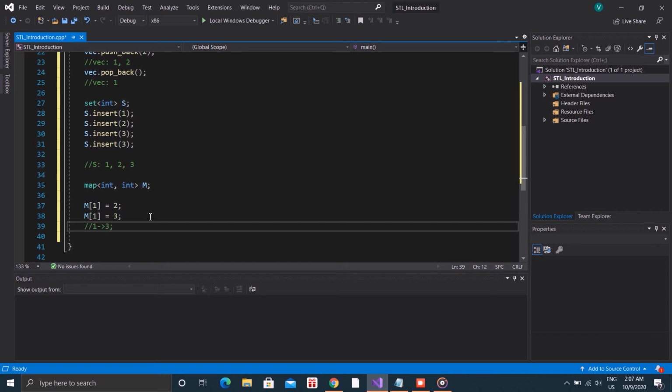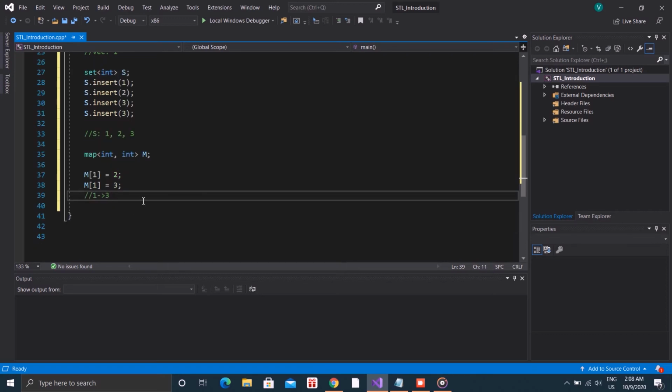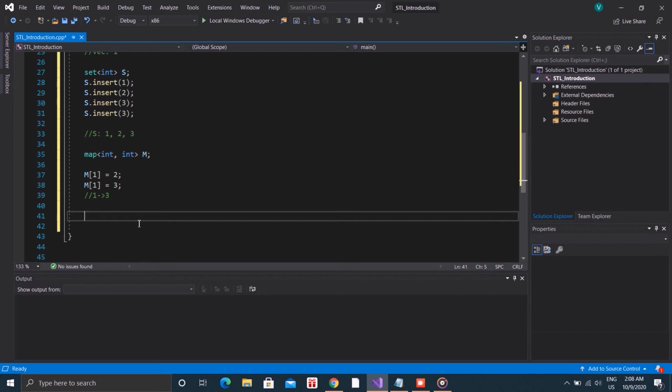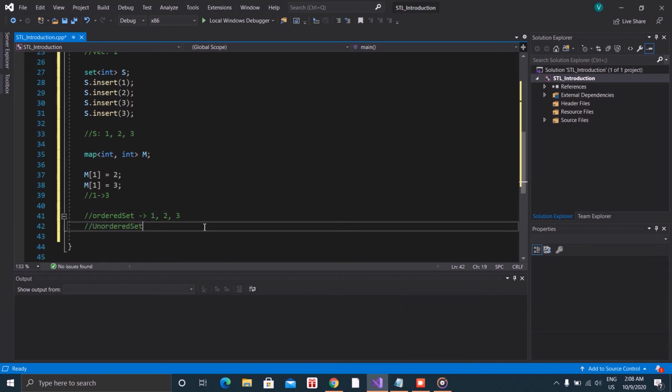One important thing about set and map is that both can be ordered as well as unordered. Also, there exists a variation of set and map called multiset and multimap. In multiset, unlike set, there can be two same values. And similarly, in multimap, unlike map, there can be two different values which have the same keys. In ordered set, the values will be stored in increasing or decreasing order. Similarly, in ordered map, the map data will be stored in increasing or decreasing order of the key value, whereas in unordered map, it will be random.